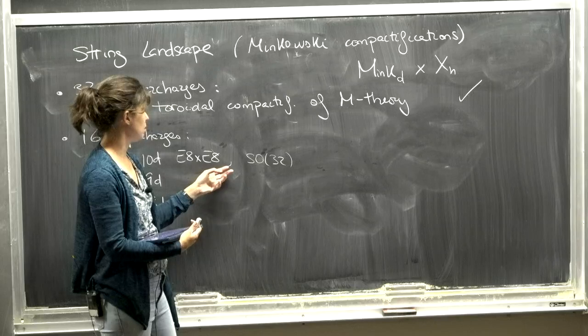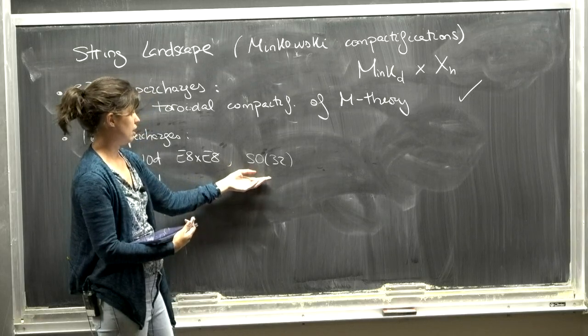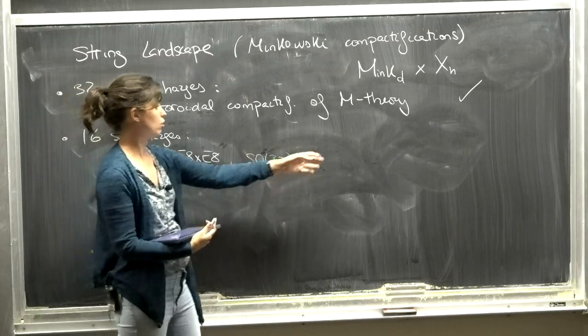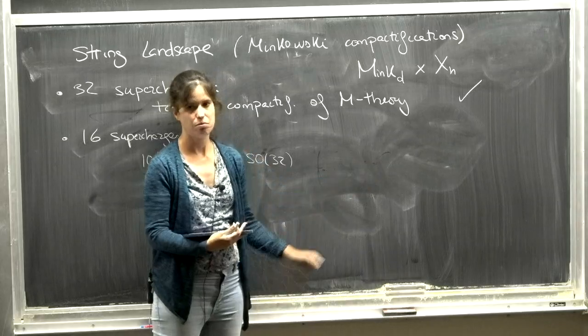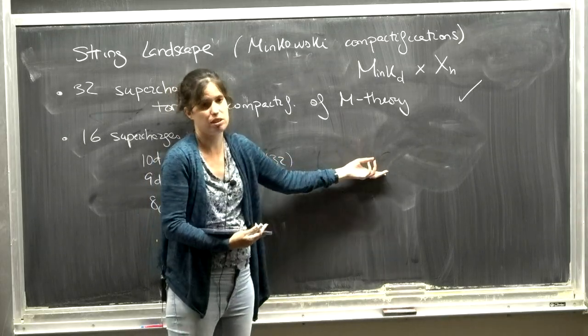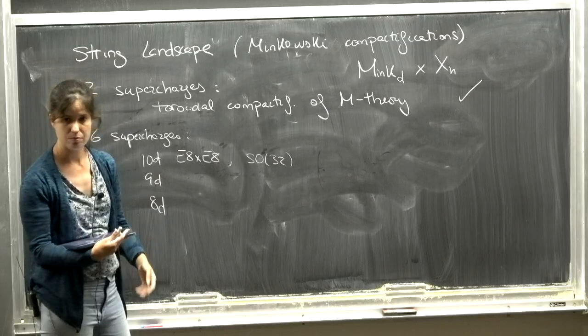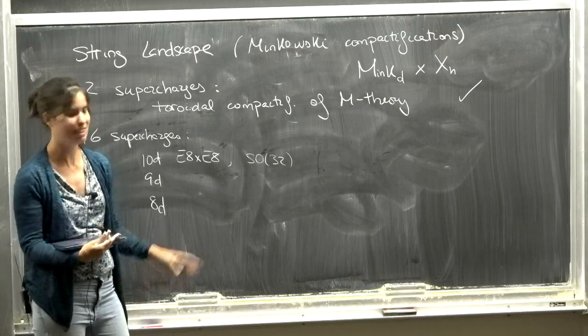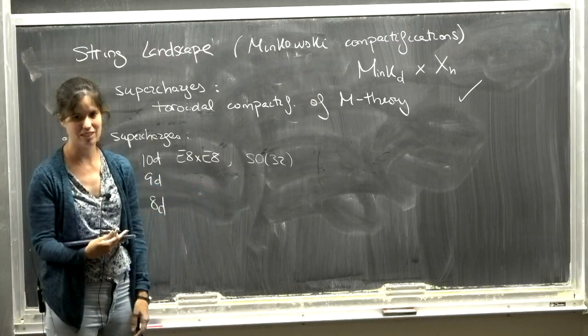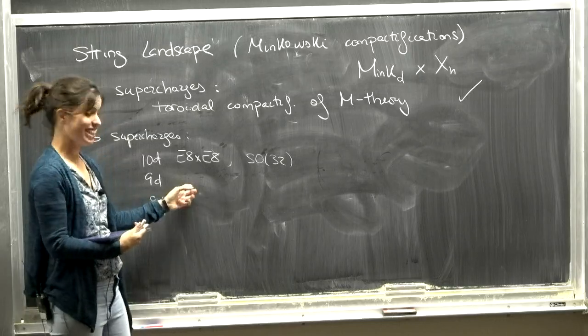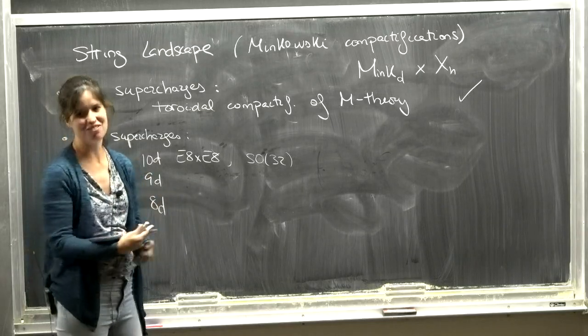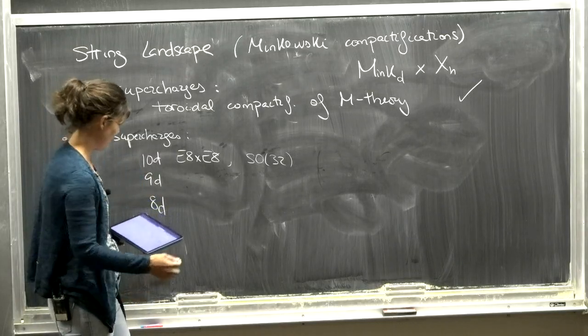Then there are arguments based not only on supersymmetry but also on canceling global symmetries that rule out the other two, and they never appear in string theory. So if we are in the string landscape, these are the only two options that we know. You can rule the other two out just from supersymmetry; that's why I say either supersymmetry or no global symmetries. In 9 dimensions, supersymmetry is not enough to rule out everything.